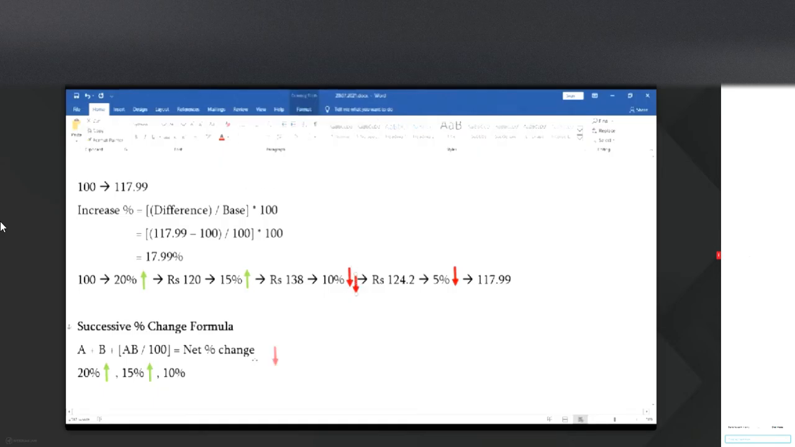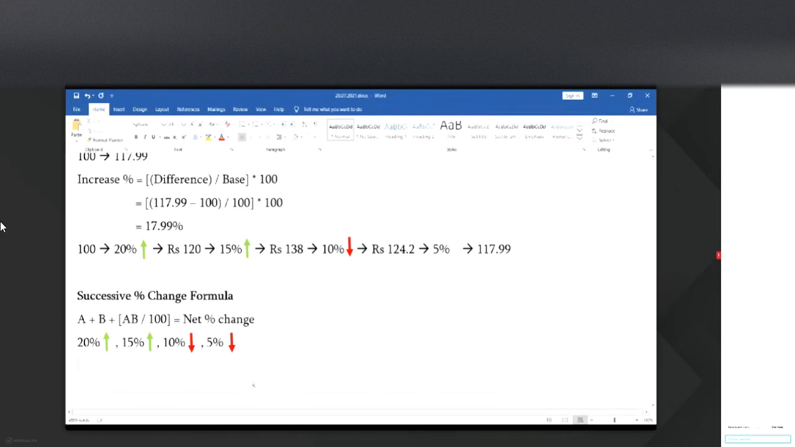That is a 10% decrease. All of this happens on 100. So therefore, it is a perfect example of successive percentage change. And you can simply use it like this. One minute, please. So now what I'll do is, how do you use a successive percentage